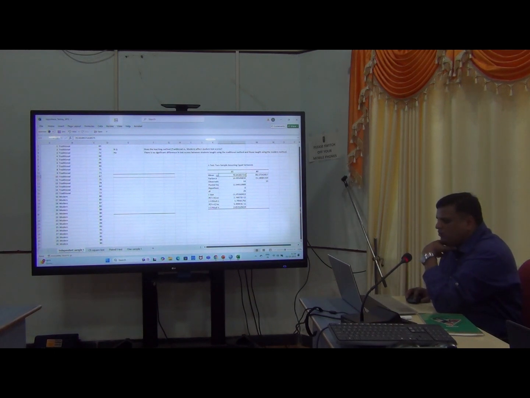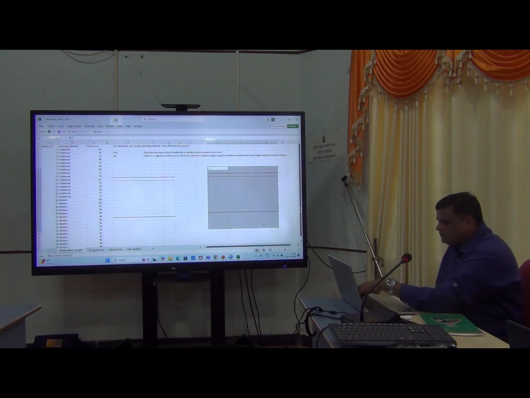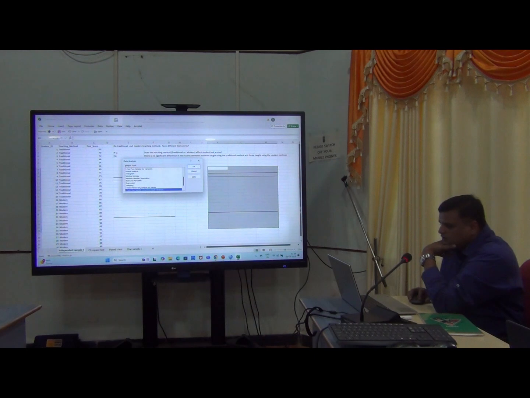So you have got the mean for both the variables. Mean for traditional, that is the first variable, is 70.642. Mean for second, that is why the 65 and 80 has come, because I did not click on the labels. See, I do it again, data analysis,